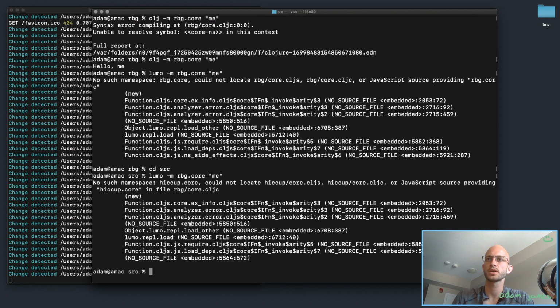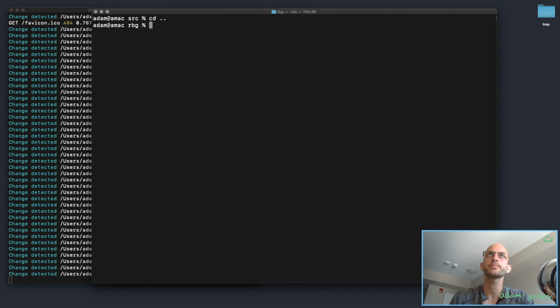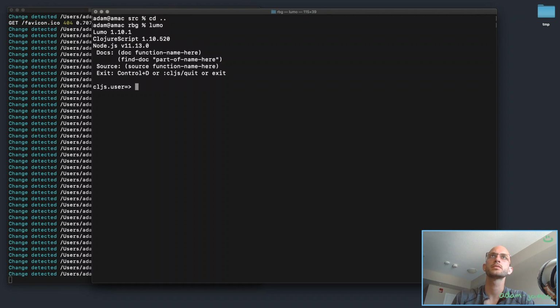So Lumo is ClojureScript in ClojureScript. It runs on Node.js, so it actually doesn't use the JVM at all. So it's nice and quick. But I didn't set it up. I still have to figure out